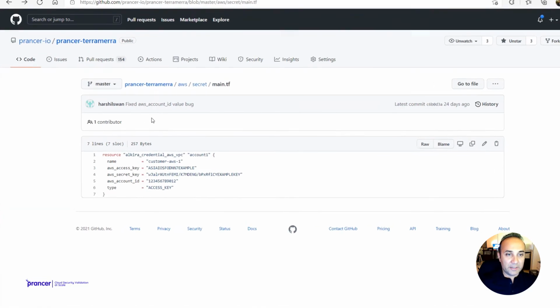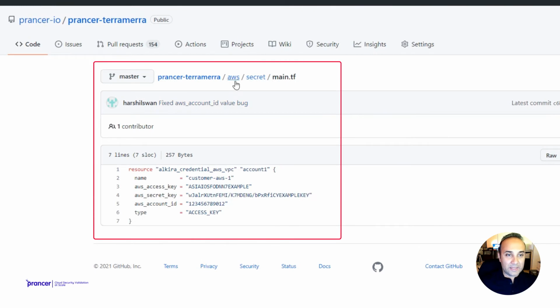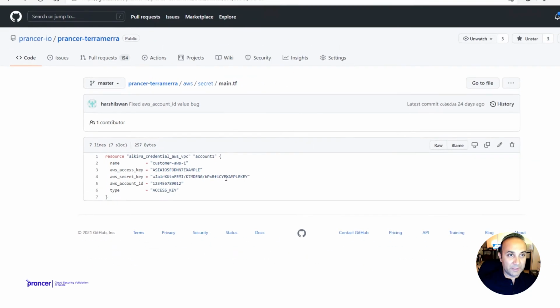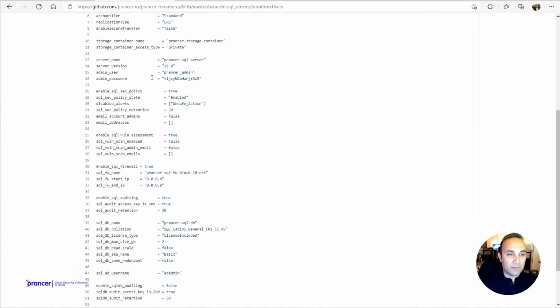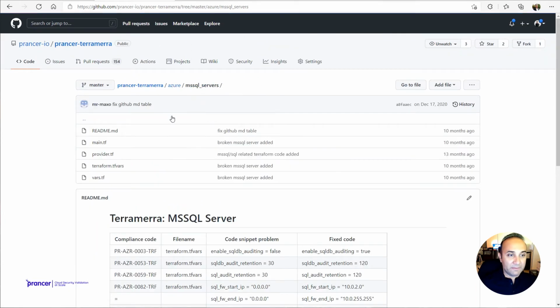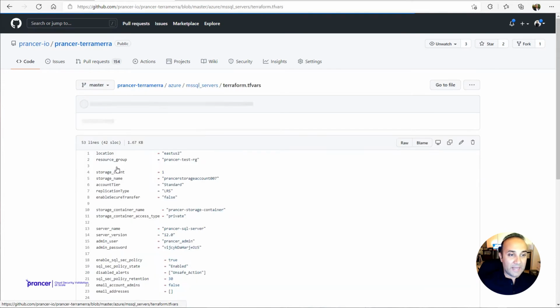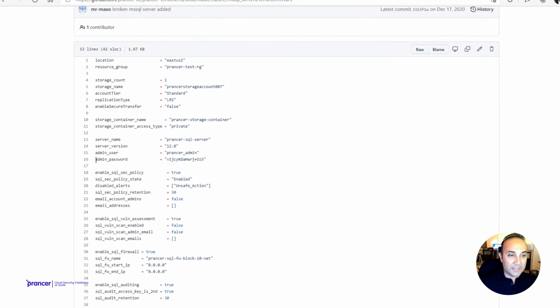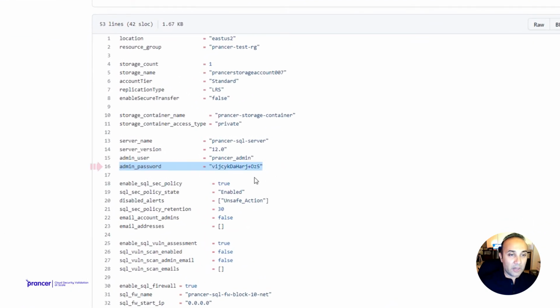And you can see that here we have an AWS file, and in this AWS Terraform file, we have some secret key hard-coded inside the template, which is obviously a secret and a security misconfiguration which we have to prevent. The second example I want to show you, we have the Azure SQL in the Terraform, and in the tfvars file for the Azure SQL, again, you see that we have the admin password hard-coded inside the template,